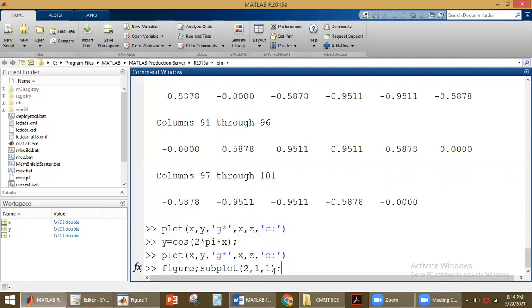In the first location we'll be plotting x comma y. And in the second, that is subplot 2 comma 1 comma 2, that is the second location, we'll be plotting x comma z.